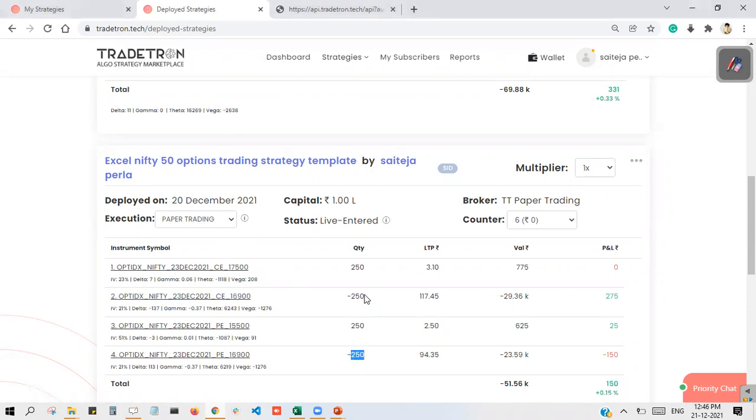For selling, the quantity will be negative, and the 15,500 PE and 17,500 CE orders have been placed. This is how you can place a hedge straddle from the Excel sheet. Now let us get into the Excel sheet. We are going to check how to exit these orders.